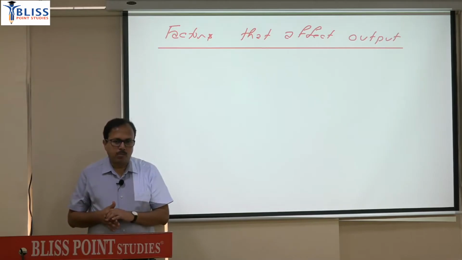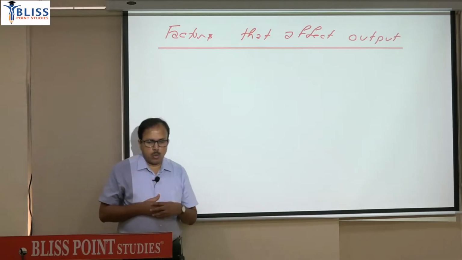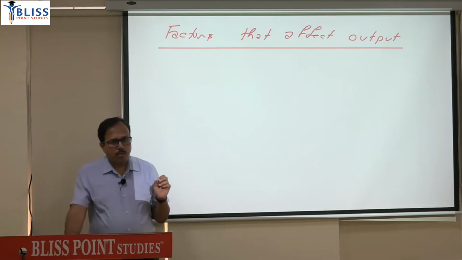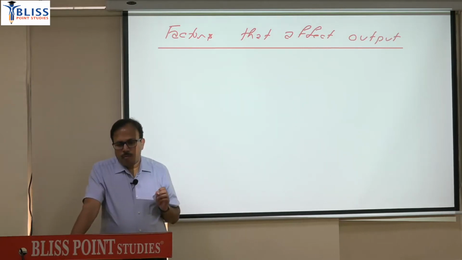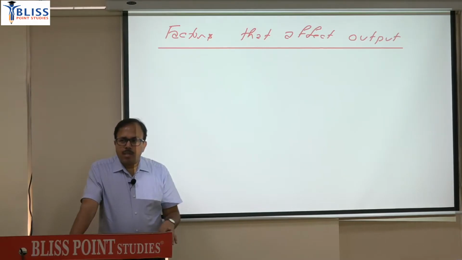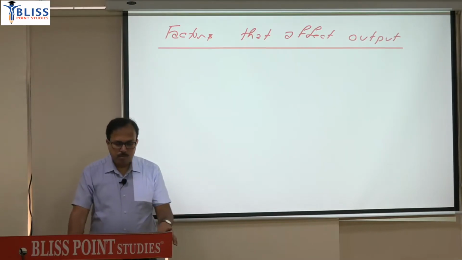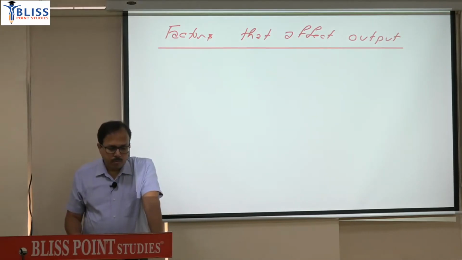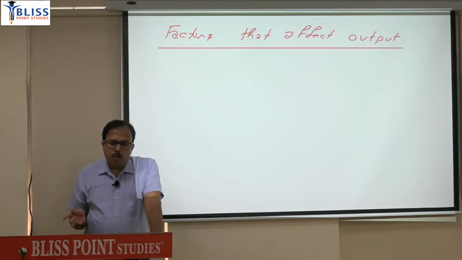The production function can shift due to change in A, level of technology, B, capital stock, C, efficiency of labor. Below that, shift of production function